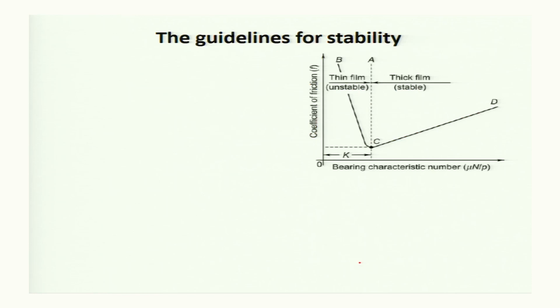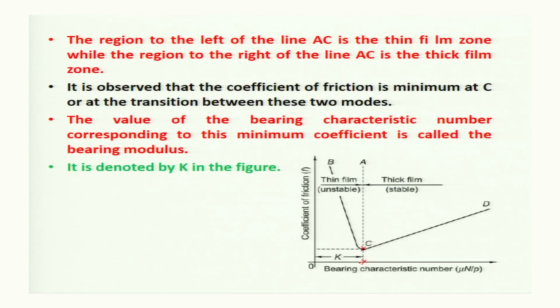Now, the guidance for the stability, or why we are saying the zone left of the line AC is the thin film or unstable zone, and the zone to the right is a stable zone. That you can find by selecting any operating point. Operating point means the operating point will be decided by this mu n by p. Mu means which lubricant you have taken in the clearance space. You have a bearing like this,